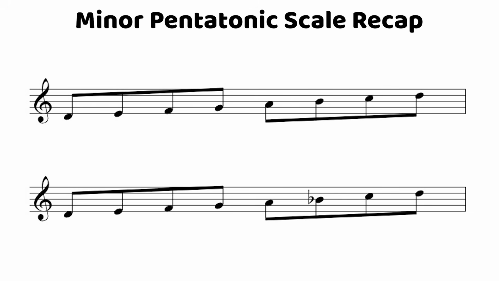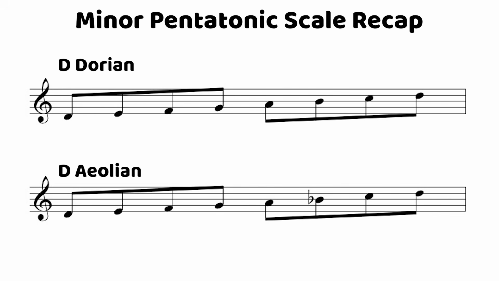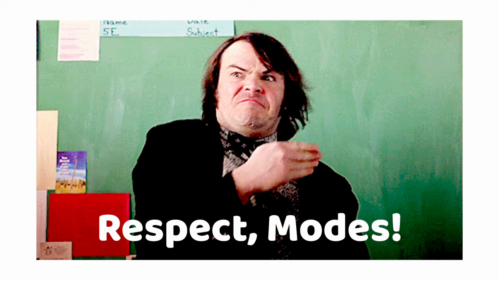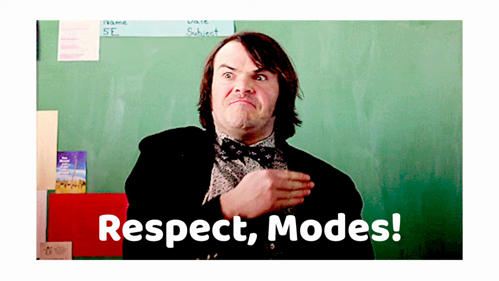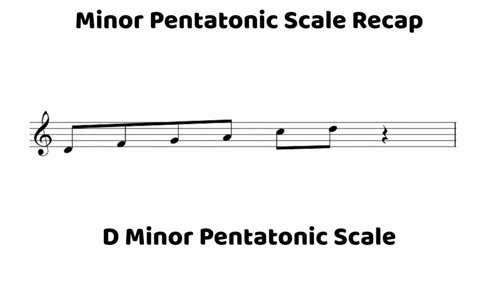For the minor pentatonic scale, it's like a minor Dorian or Aeolian scale, which are just 2 options of minor scales that you can play coming from the major scale modal system. And if you use either one of those scales as a reference, you can just pick the 1st, 3rd, 4th, 5th, and 7th notes of those scales, respectively. Gotta make sure to be respectful here, don't want to hurt the feelings of any of these modes. Okay, so essentially here we're just leaving out the 2nd and 6th notes of those minor scale options. So if we do the scale from D, the notes will be D, F, G, A, C, and D again